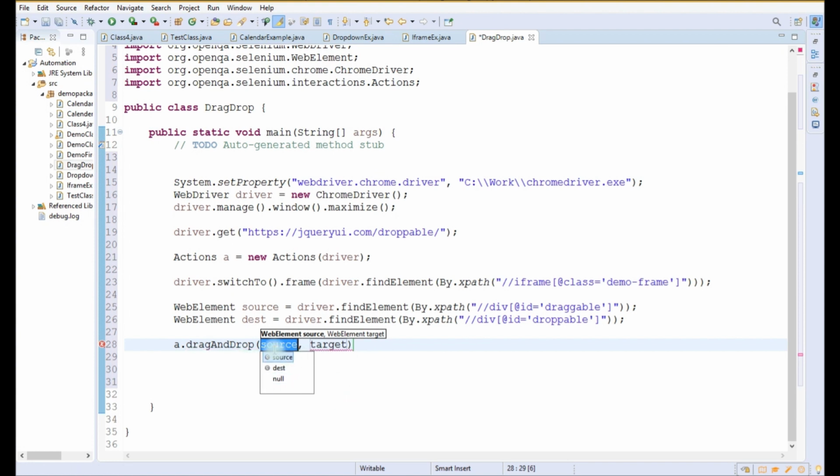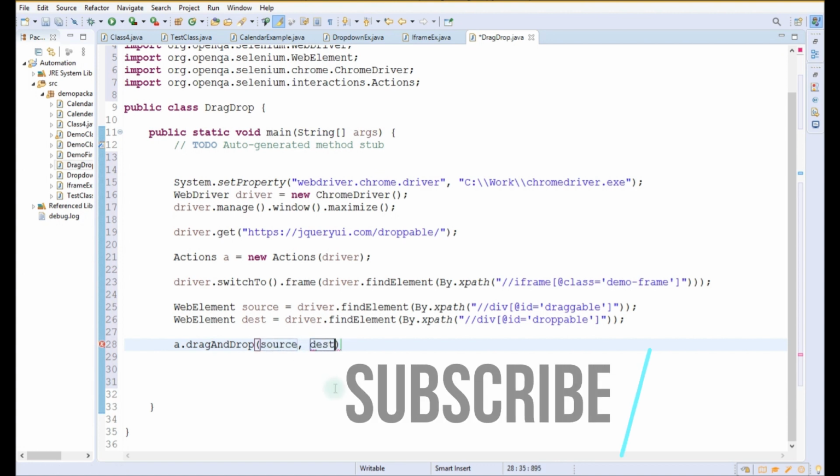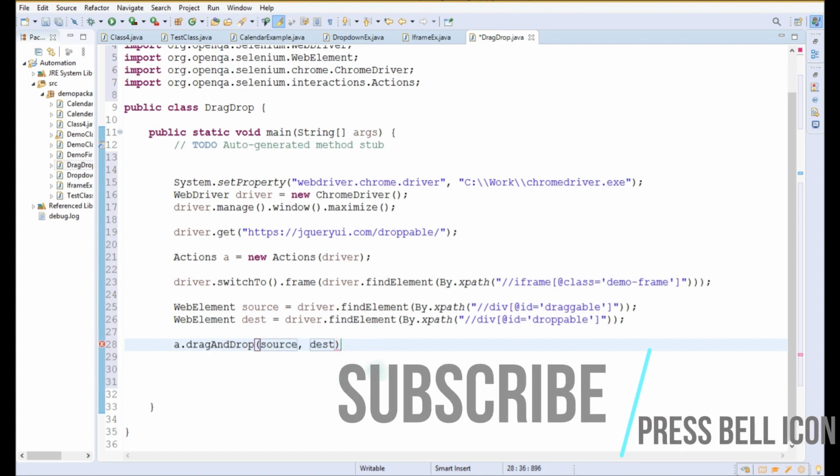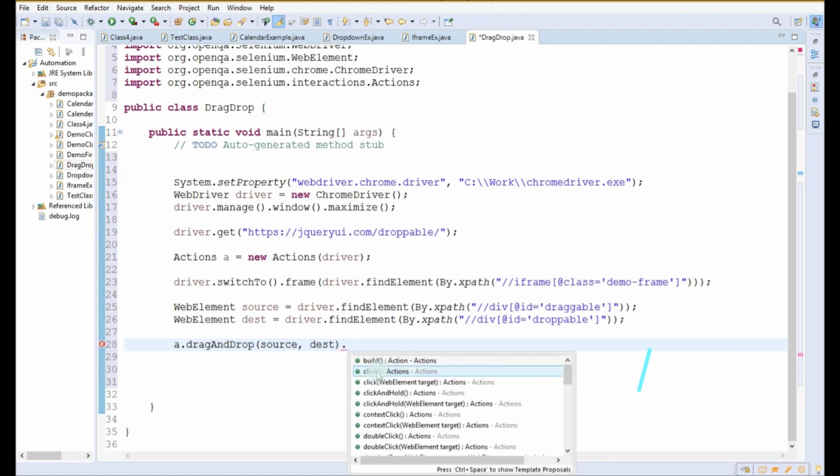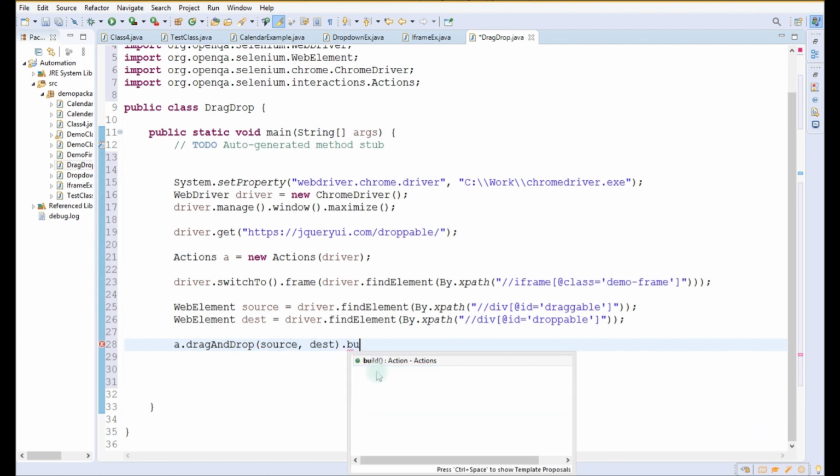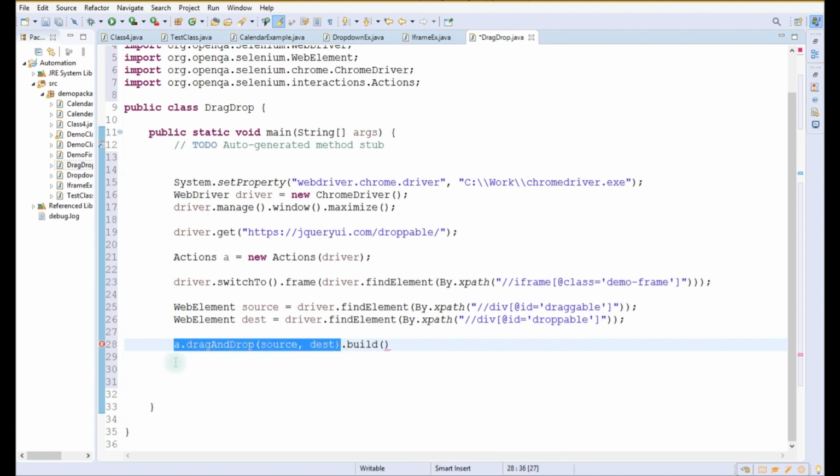This function asks for two arguments, one is source and the other one is target. Our source is source, so we leave it as it is, and for target we write our destination, dest, and after that we write dot build. This build function will build the action, which is drag and drop.